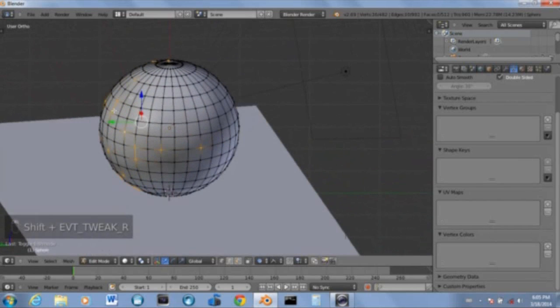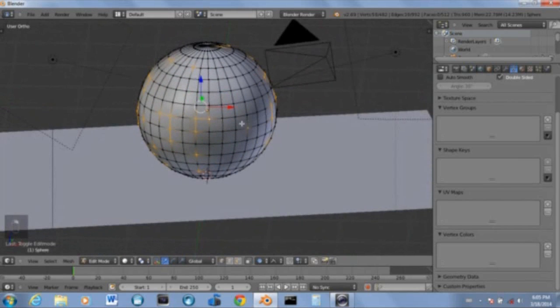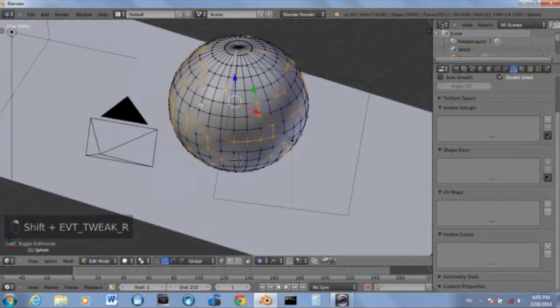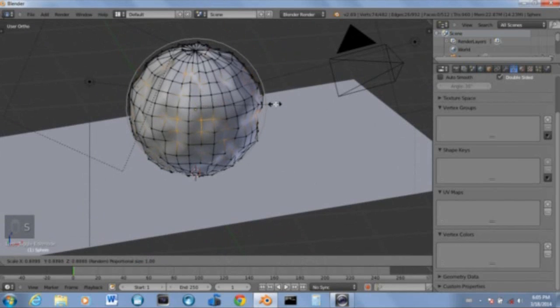To make it look even more real, because right now it just kind of looks fake, because the middle part looks bumpy, but the edges don't look bumpy. So you could select all these random vertices, and then you could scale, and it kind of crinkles the ball a little bit,